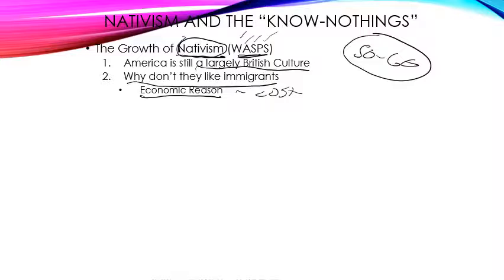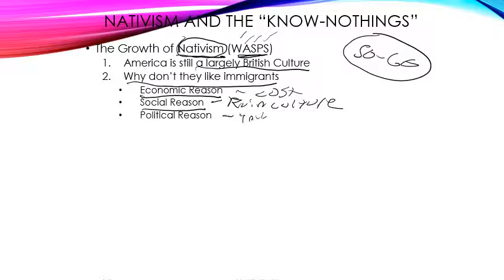There's the social reason. If we let more foreigners in, they're going to ruin the American culture. This was the argument in the 1830s and 40s. So socially, they're going to come in, they're going to ruin the culture by doing their own cultural practices. We don't want that, even though we really haven't defined a culture of our own that's uniquely American. And then finally, you have the political reason. Politicians are going to take advantage of clueless immigrants to gain power. Okay? These people are going to be taken advantage of.